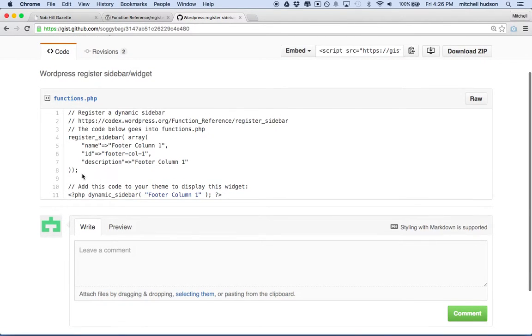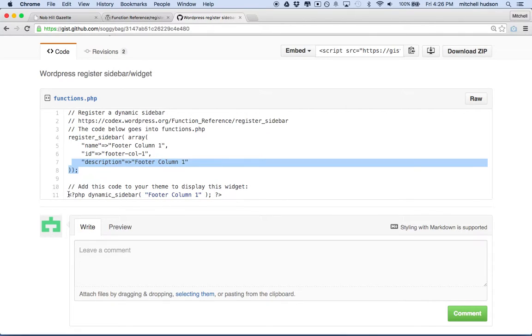And here's the code that we need. There's a couple comments here and a link to the information on the WordPress site. So the first thing we need to do is there's 2 parts here. There's this part up here that says the code below goes into functions PHP, and then this code right here, add this to your theme to display the widget. So this line is going to go into our theme, and then these lines here are going to go into our functions PHP. So what I'm going to do is copy this little block right here